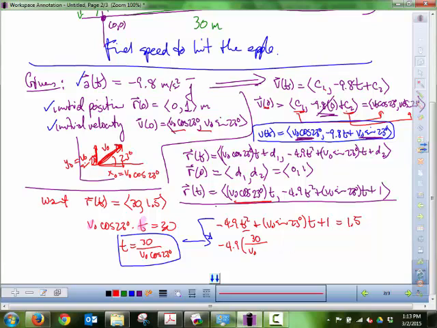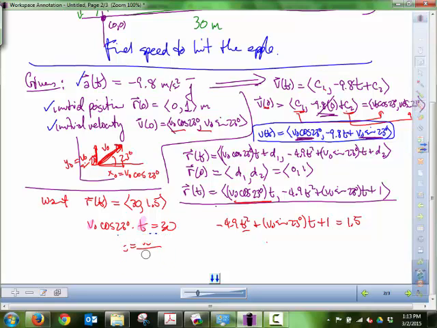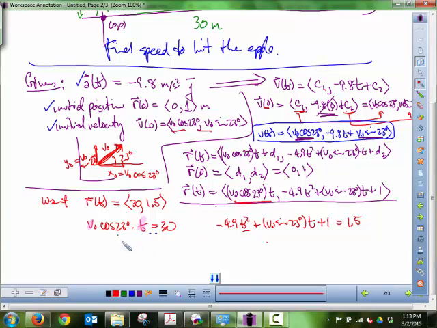All right, let's switch it around, solve for v naught. I was solving for t in the beginning because then I'd be able to solve for v naught right away. But it could be a little bit messy. So if we solve for v naught here, v naught is equal to 30 divided by t times cosine 23 degrees. So let's try that again. I get a negative